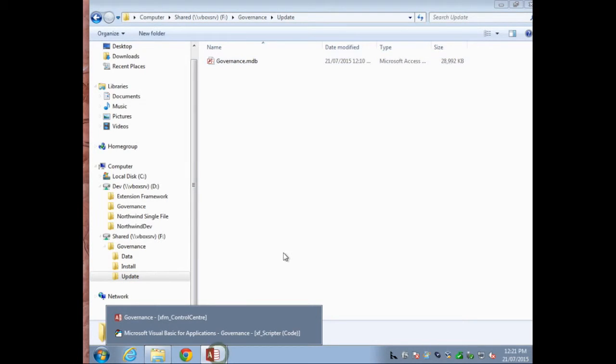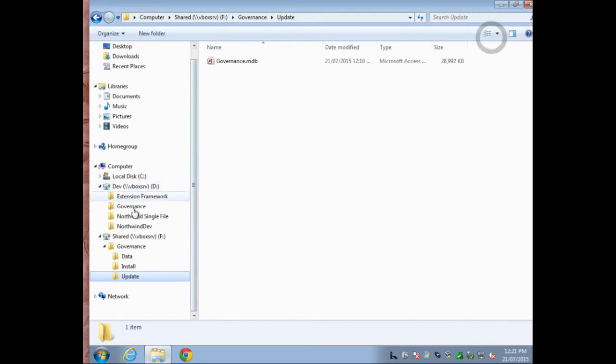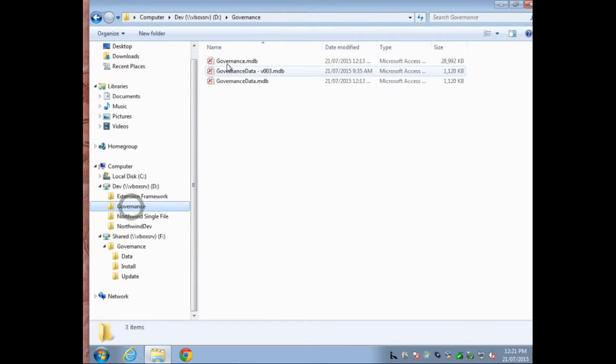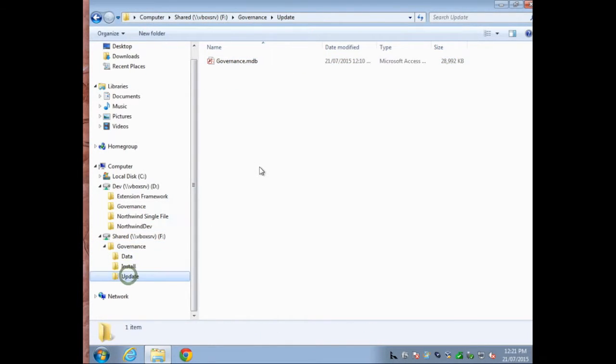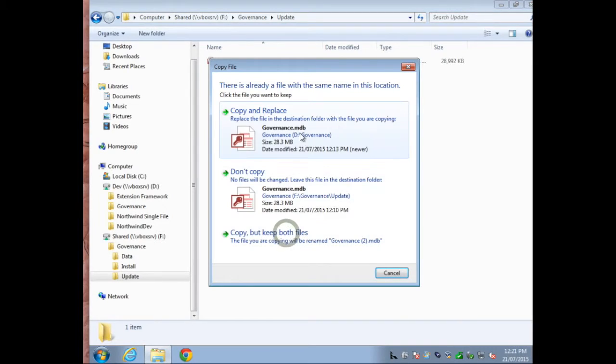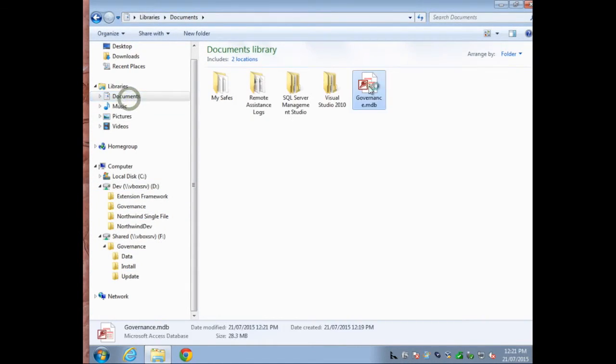So I want to have a look at what happens when we drop the new version of the database from the development environment into the update folder, replacing the existing one. I've got a web tool that does this from the internet, so I can FTP this file up to my website, and then the tool will automatically download the file, unzip it, and replace the existing update file. So when we go back in here,